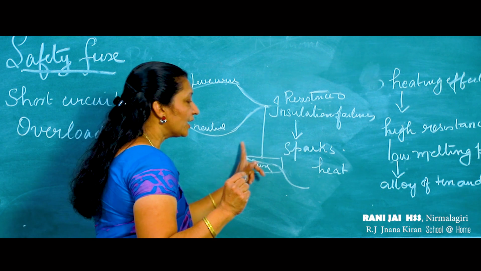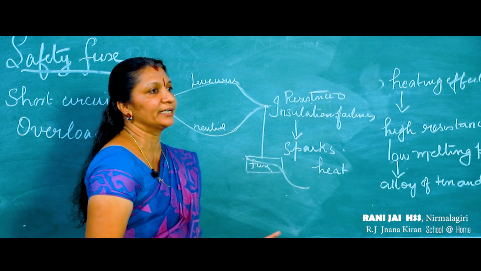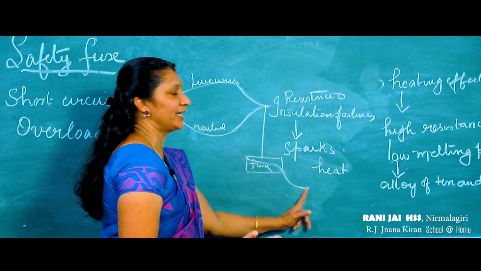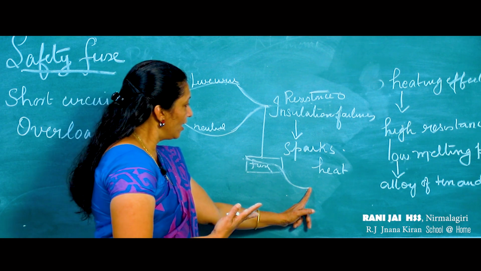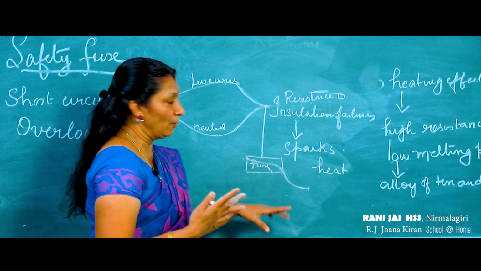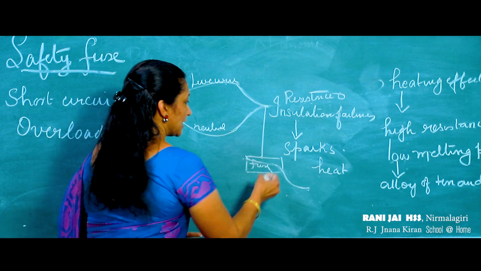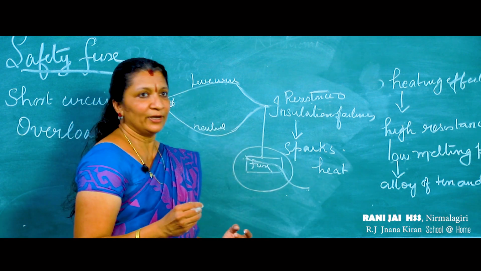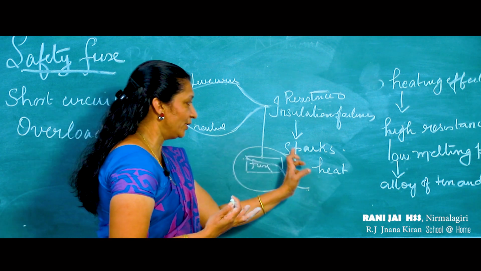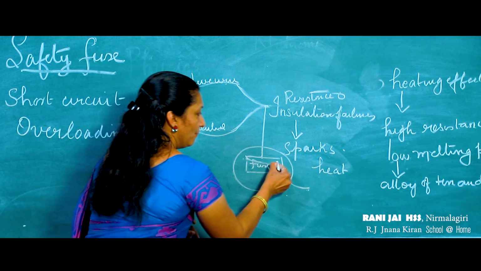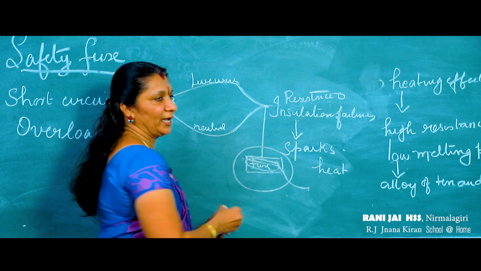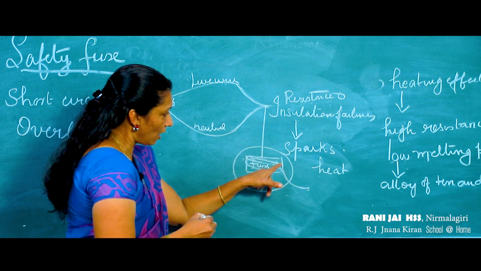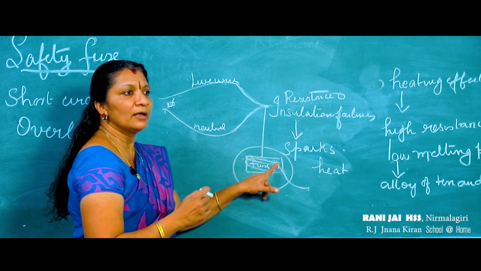But if the current is exceeding a certain level, what will happen to the heat? More amount of heat. Surroundings also will be getting heated. Surrounding this fuse wire, not the whole thing, surrounding this fuse wire,